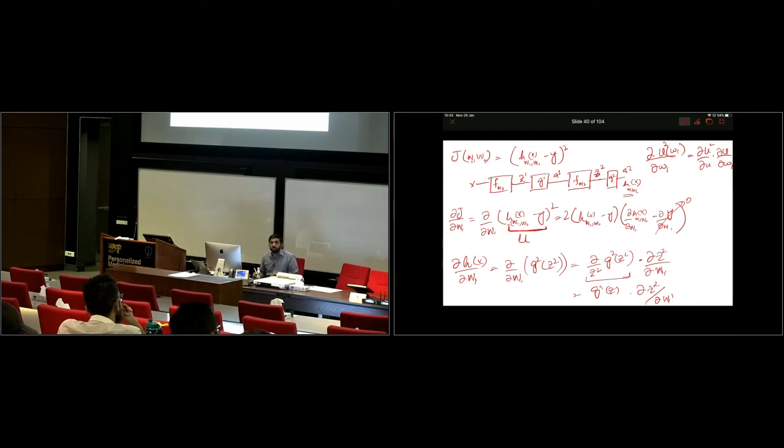Does it make sense? So basically now I started from, let's say there is a cost function here, J of W1 and W2, and if you think about it, I found the partial derivative of J with respect to whatever was here. Now I have found the partial derivative of J with respect to whatever is here. So you have to go this way back until you reach W1. That's called backpropagation.